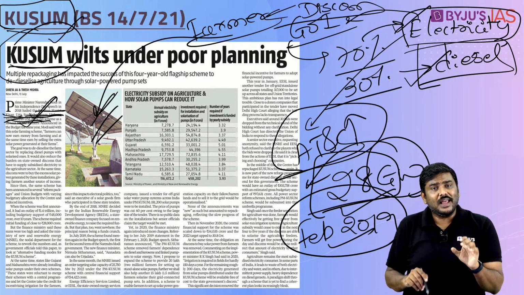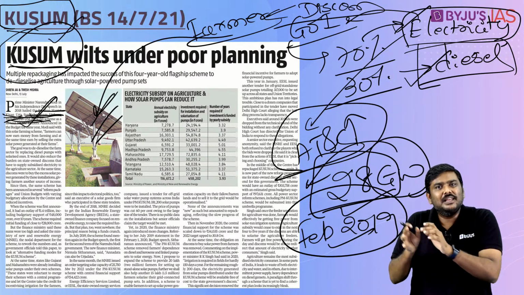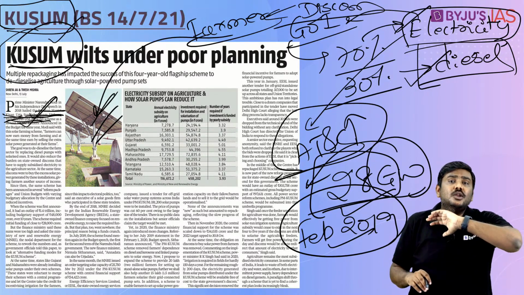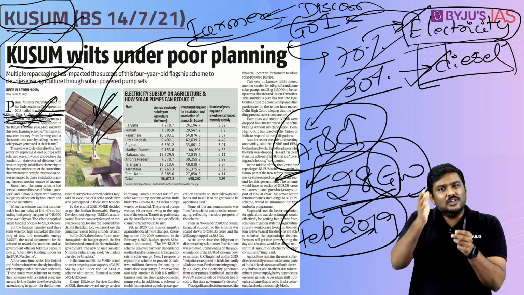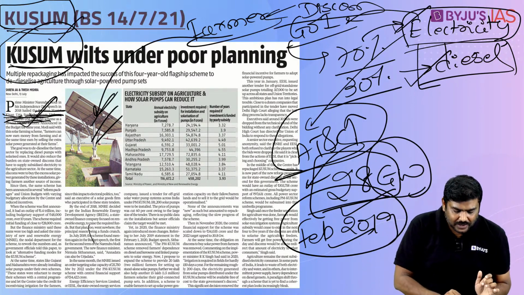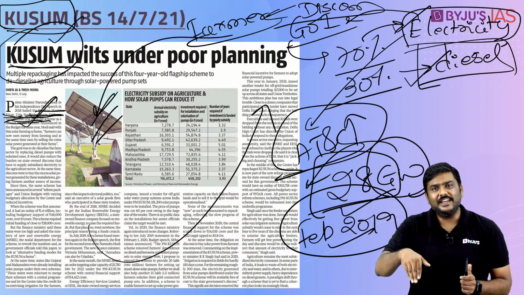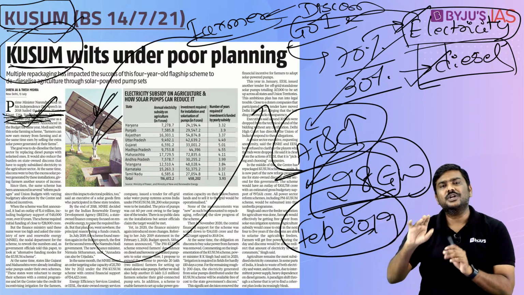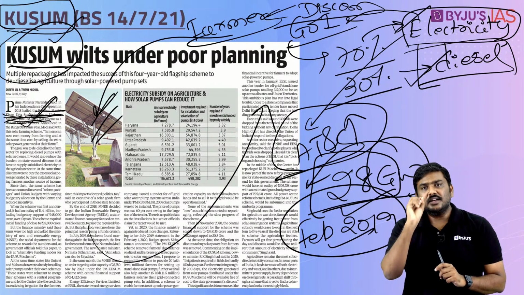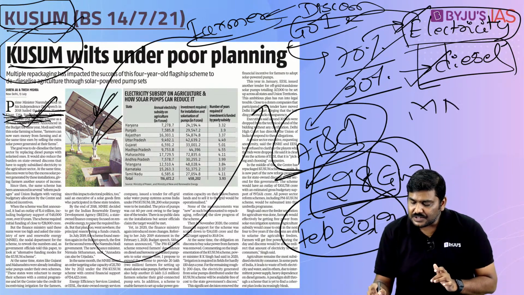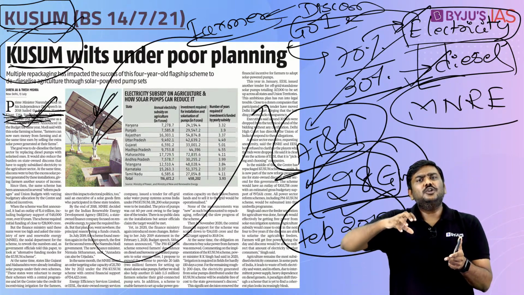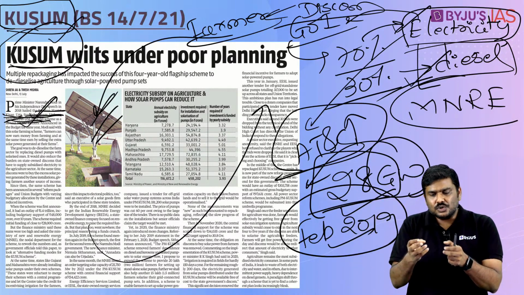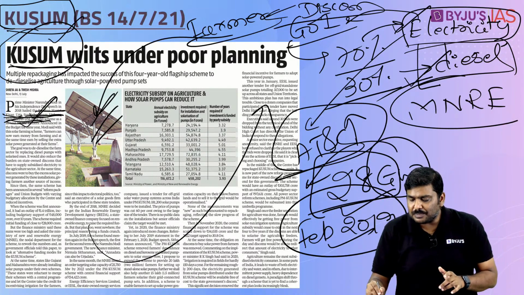Even after the approval, has the scheme been implemented successfully? There are a lot of issues with respect to implementation. The issues are related to the formation of the policy. The whole evolution of the policy has been provided here. You do not have to mug up the evolution here. What they are basically saying is, first point, MNRE, Ministry of New and Renewable Energy, was made the nodal ministry here, and over a period of time it has tried to bring in a lot of agencies to raise money for the implementation of this scheme.